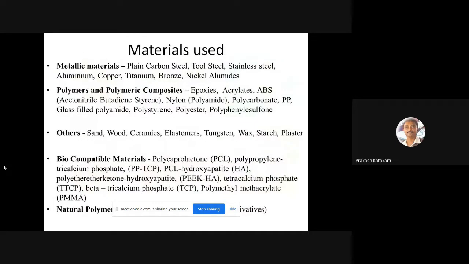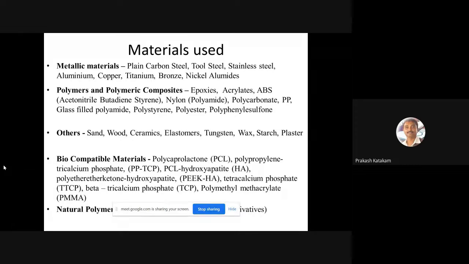The most important part of 3D printing technology is the materials we use. It depends upon the application where we need it. For example, you can take metallic materials, any metal, starting from steel, carbon steel, stainless steel, aluminum, copper, bronze, titanium, nickel, etc. Similarly, polymers are also very popularly used, for example, epoxide, acrylates, nylon, polystyrene, polyester, and so on.